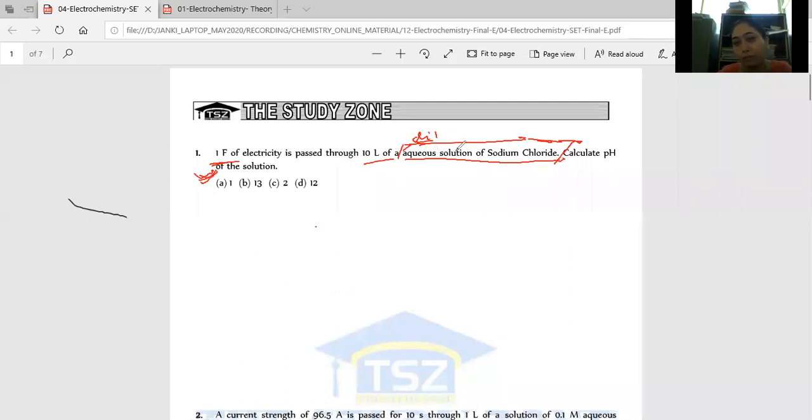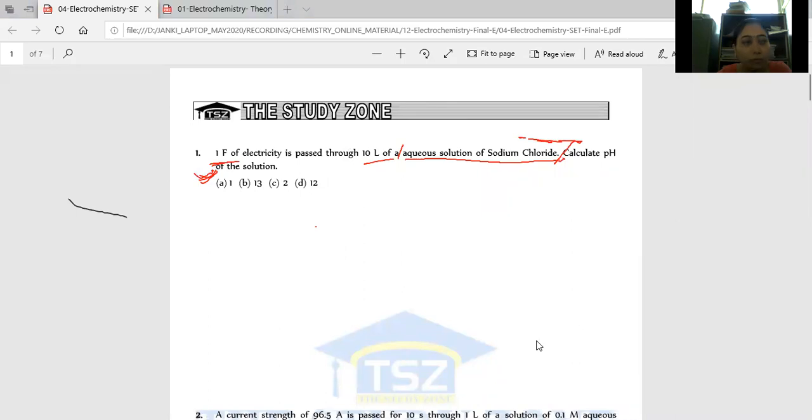What products will I get here? It is an aqueous solution of sodium chloride. If we have the aqueous solution of sodium chloride, this is not diluted. Actually, in question one, let us not consider it diluted. The question is a bit changed, right? Now let me take it as it is. If I am having aqueous solution of NaCl, then can you tell me what products we can get on anode and cathode? Write down in chat box.